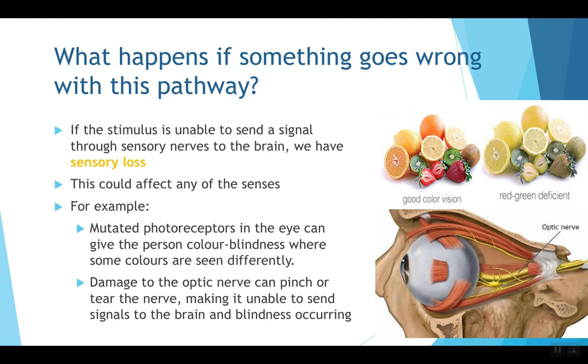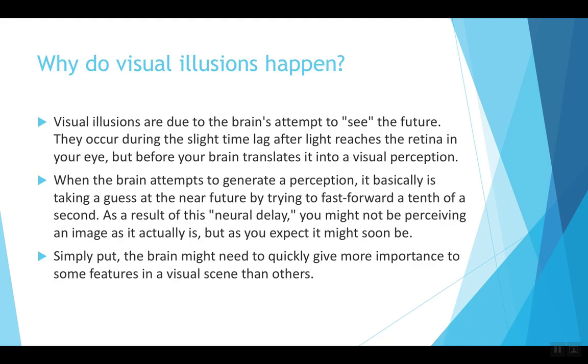We can also, for instance, get damage to the optic nerve, and that would again make it harder to send signals to the brain, and eventually if that was severe enough, then you can get blindness occurring. Sometimes though, without damage, we can still trick the brain. Okay, so we're going to look at a couple of